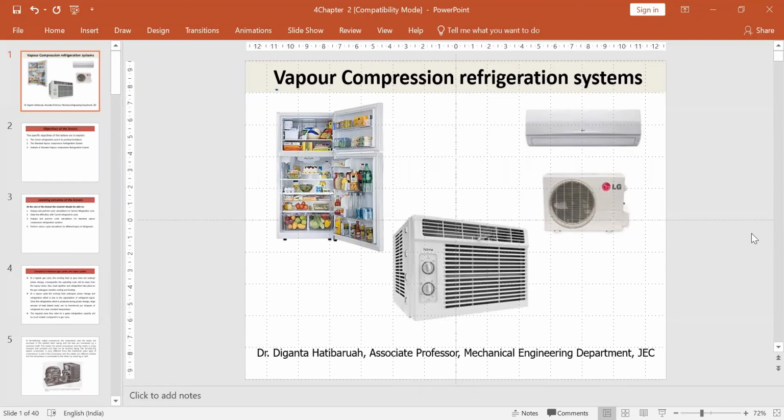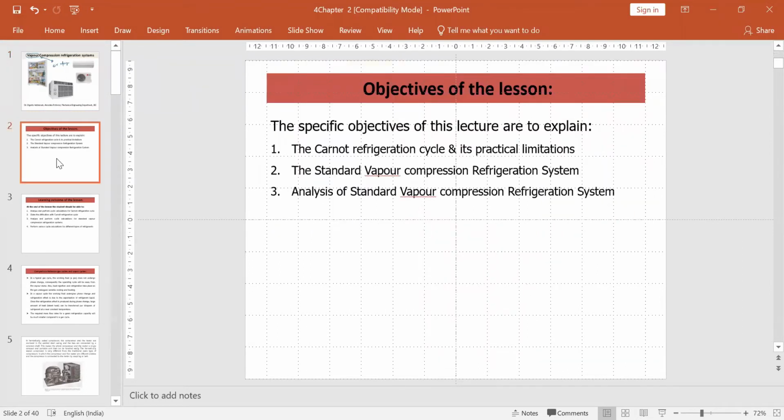Compression refrigeration system. You see the name vapour. Already we have studied the air refrigeration cycle. So now this cycle is the vapour compression refrigeration cycle. After analyzing this chapter, the specific objective is you will learn the Carnot refrigeration